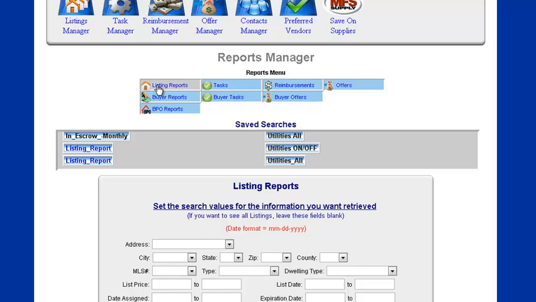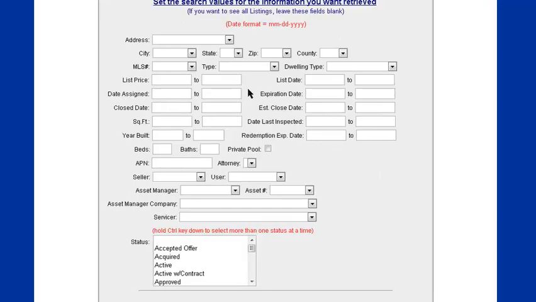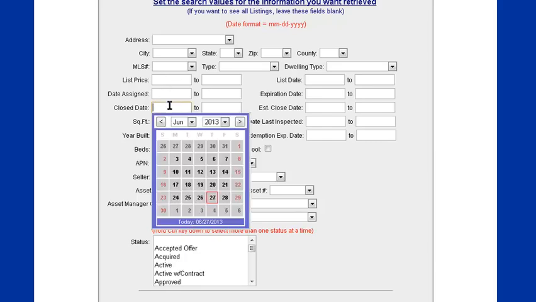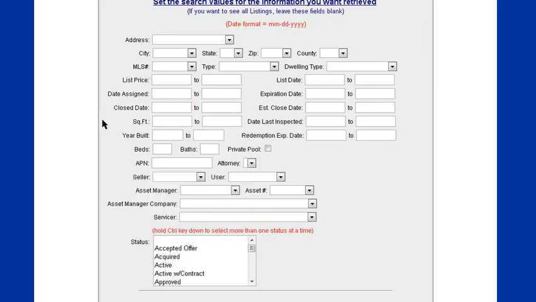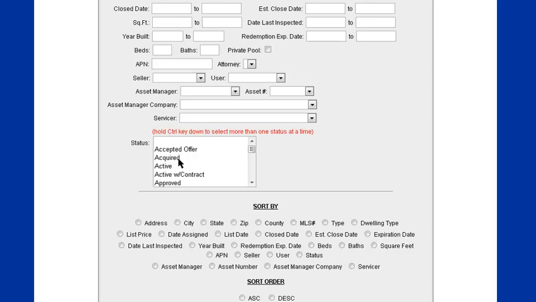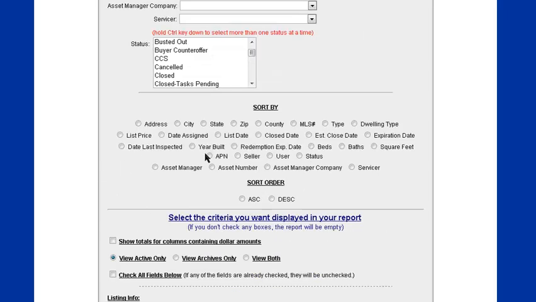We're just going to pull an example for a listing report. This top portion will let us put in any between ranges. Maybe we want to find all the properties that were closed last year. We can put in those date ranges and pull those really easily. And we can pull just certain statuses, but we're going to put nothing in this top portion so it displays all of the listings in our account. We're going to sort by status,